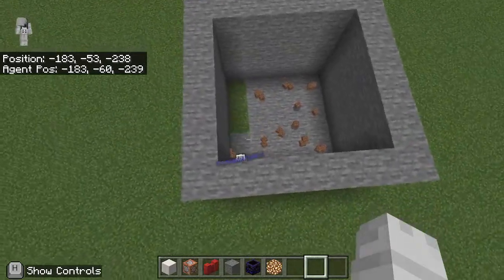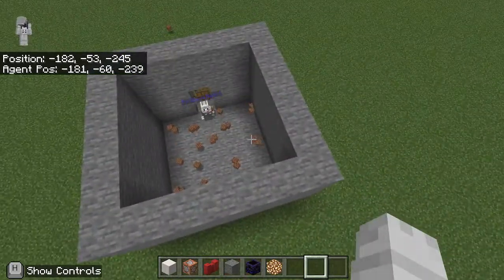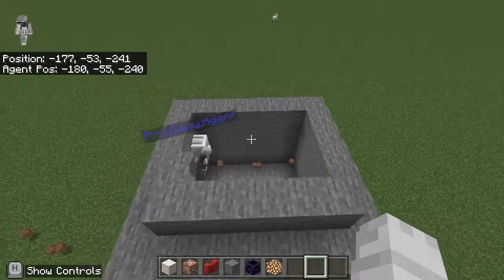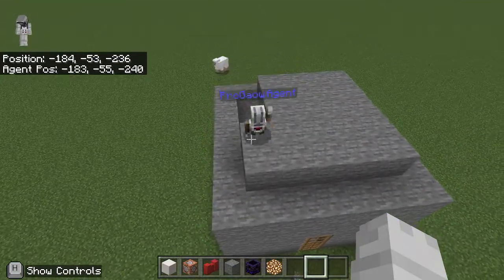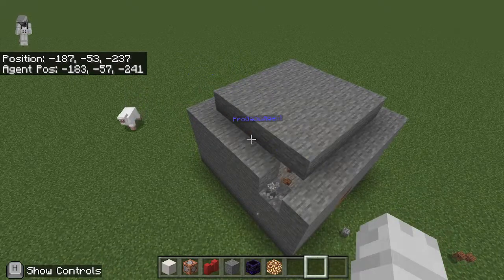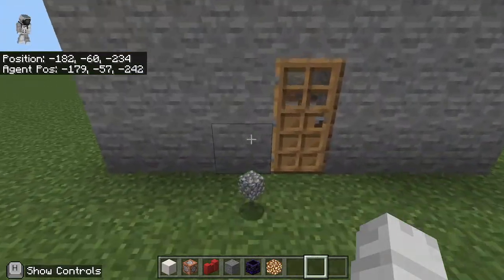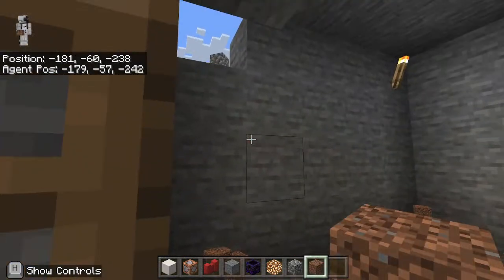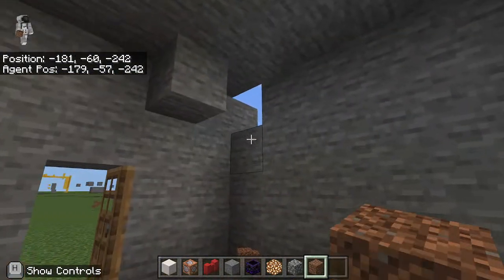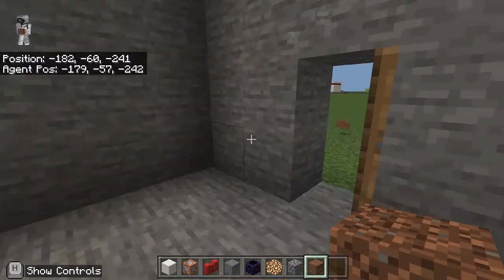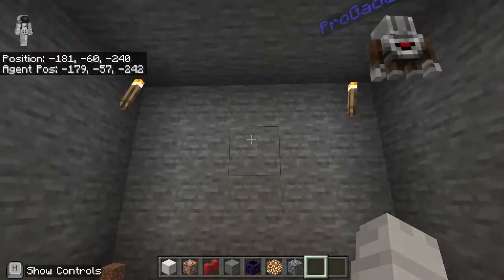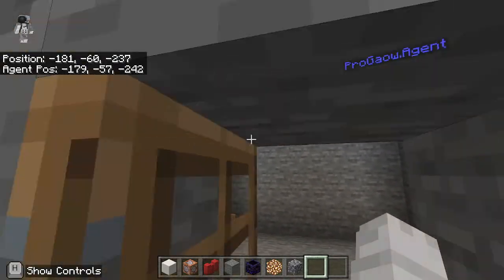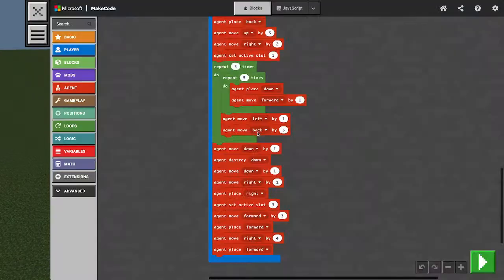So it builds the floor, nice. It builds the door, nice. It builds the roof. If this does not work, I will make another video, but for now, let's see. Wait, it actually works, except for the fact that it made a little hole and it placed the wrong way. But nonetheless, we know that it works because it placed the 2 torches. Nice. So the only problem about this is that it just